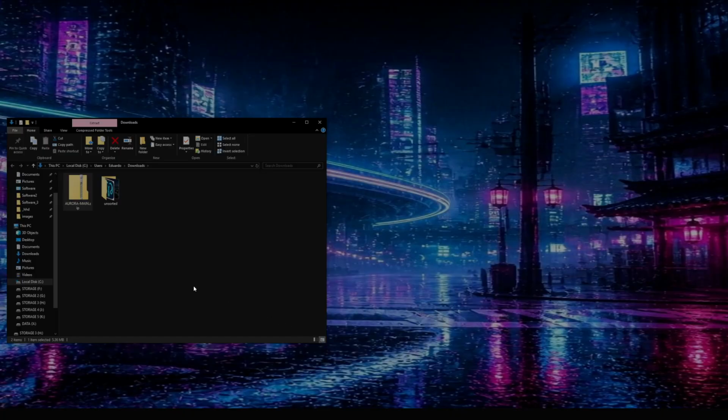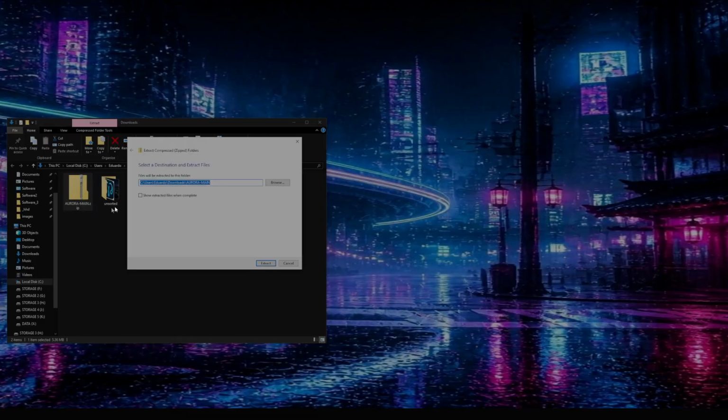This is not too big here on the screen, but basically what you want to do now is extract everything to downloads.